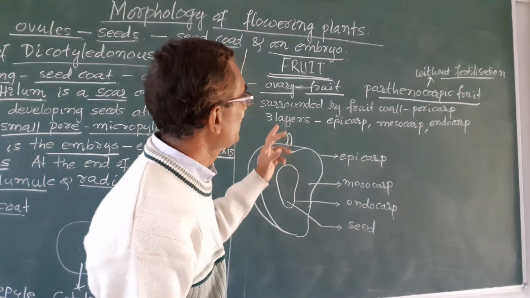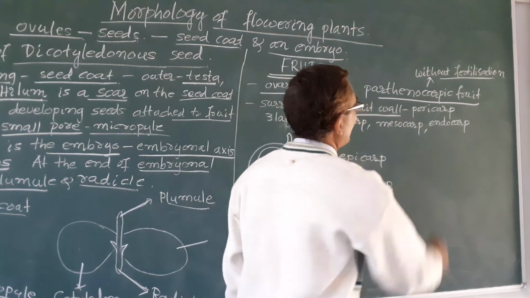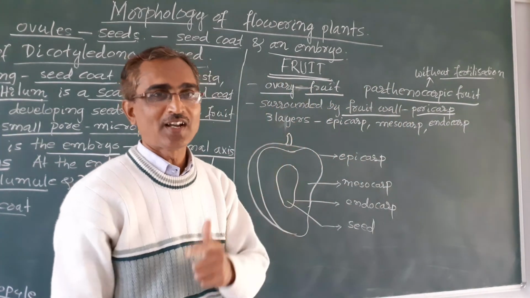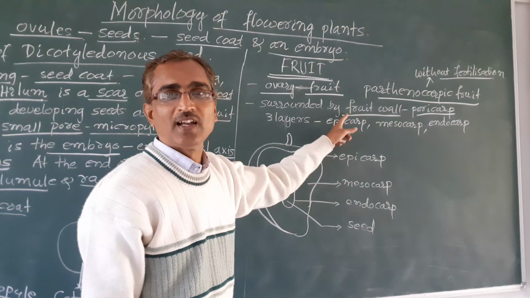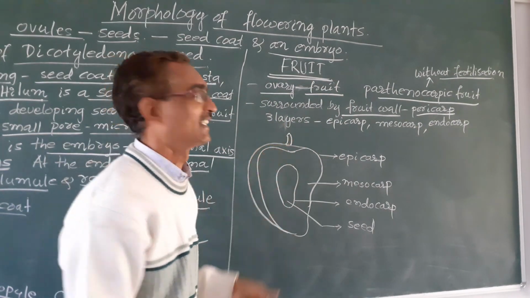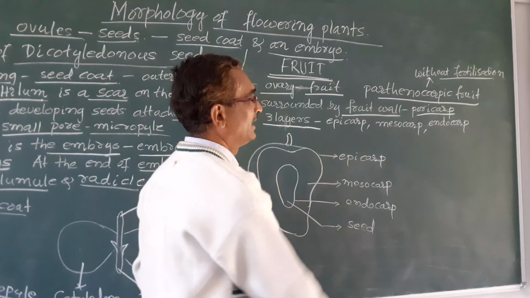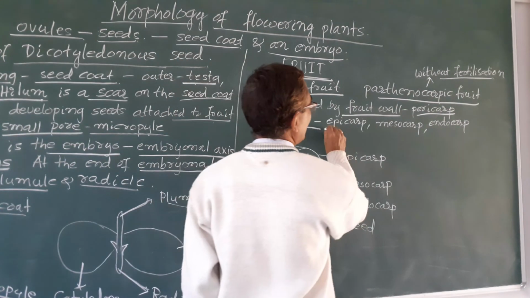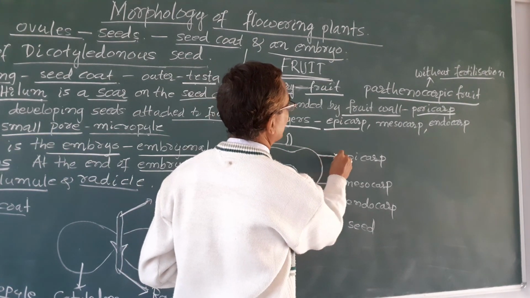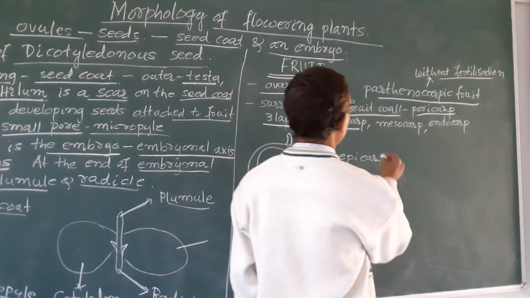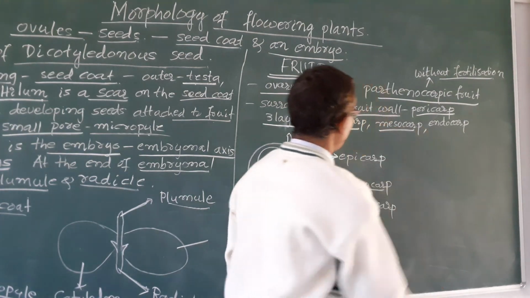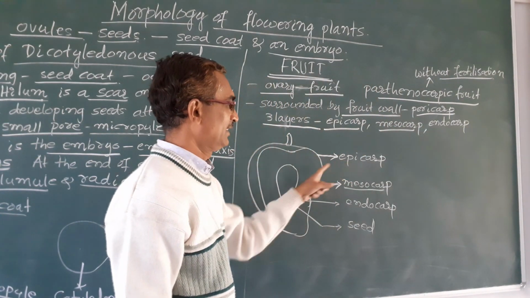This fruit is surrounded by a fruit wall, which is called the pericarp. The pericarp is made up of 3 layers. You see, this is the fruit, a mango fruit. The outermost layer is called the epicarp, and the middle layer is called the mesocarp. This epicarp is thin, and this mesocarp is